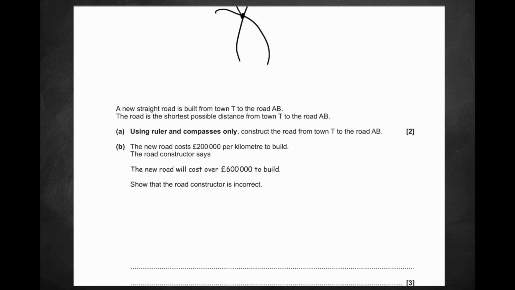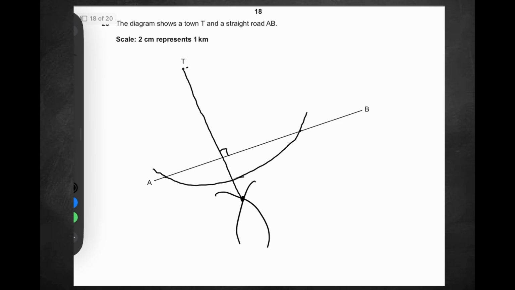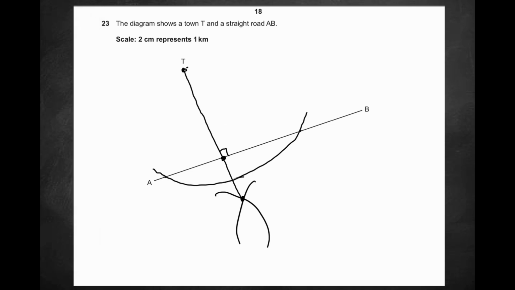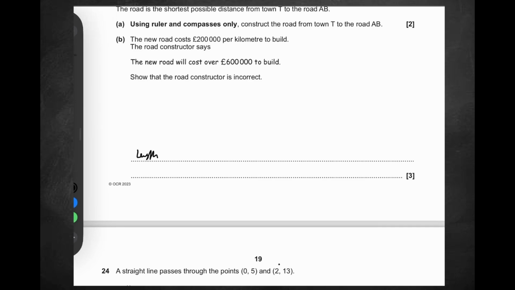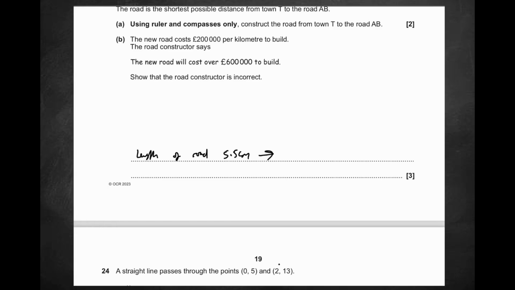The new road costs $200,000 per kilometre to build. The road constructor says the new road will cost over £600,000 to build. Show that the road constructor is incorrect. So what you'll need to do here is measure, using your ruler, from this point here to this point here. Again, I'm on an iPad, so I don't have the ruler, but I can tell you that the length is around 5.5 centimetres. So I will say length of road 5.5 centimetres, which, using their scale over here,